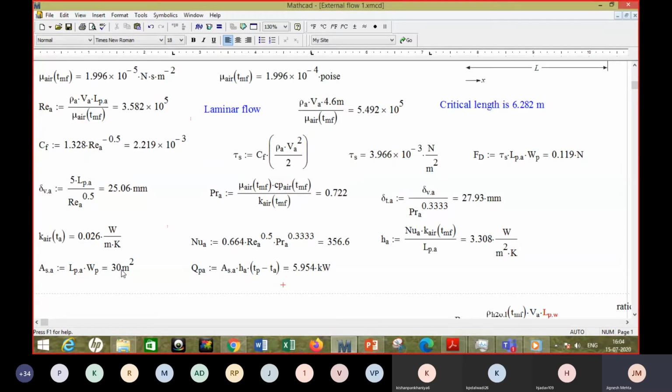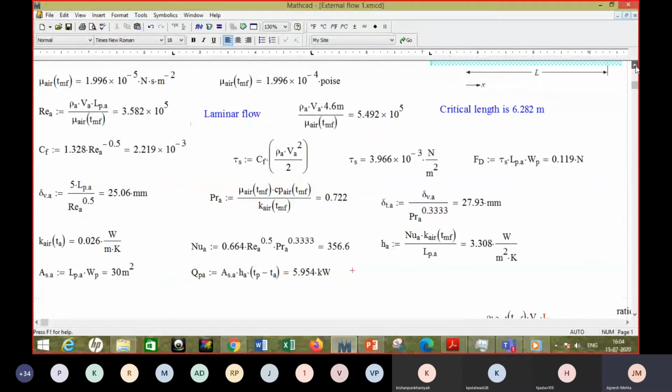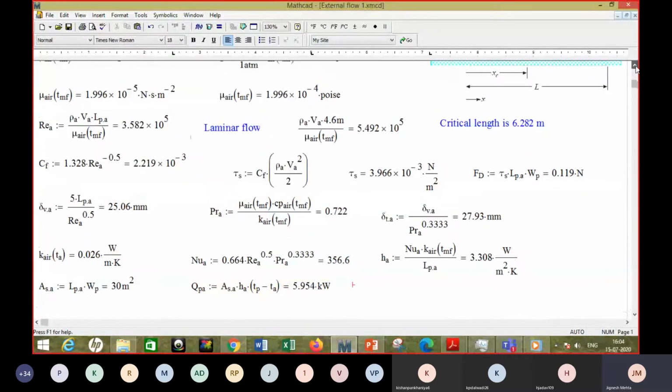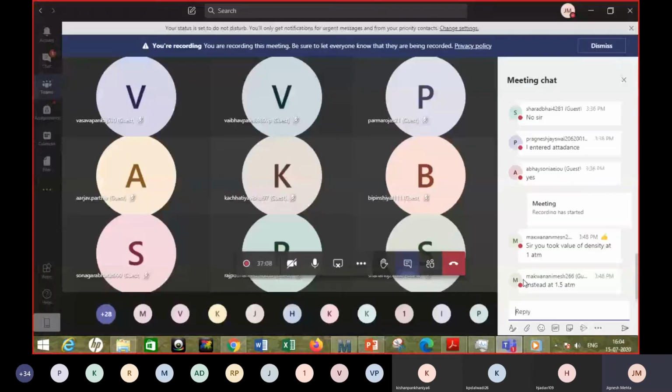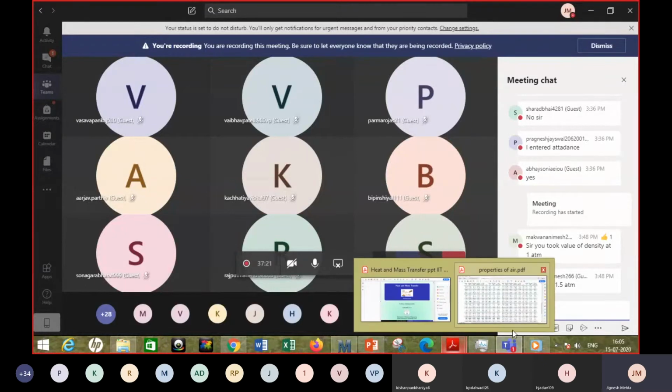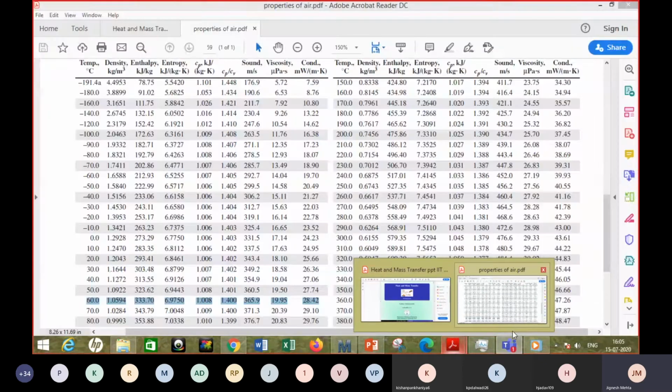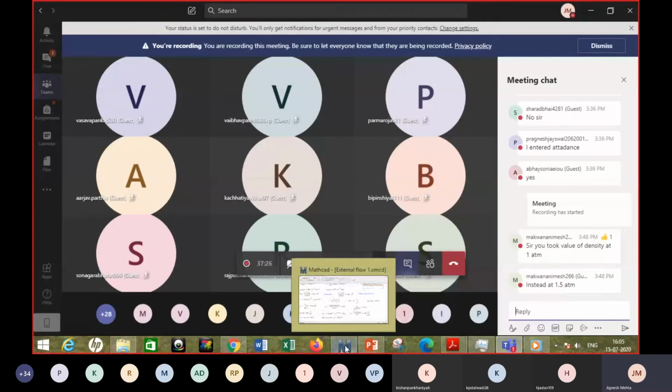So even in that big plate, the heat transfer rate that you are able to get is just around 6 kilowatt. Right? So this is the solution for the given example. I hope you have been able to follow it, right? And in case you have some difficulty understanding at any point, maybe even later on you can convey it. And I will change the data a bit and give it to you as an assignment.